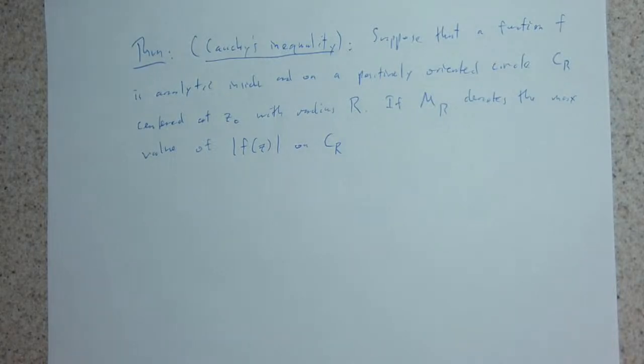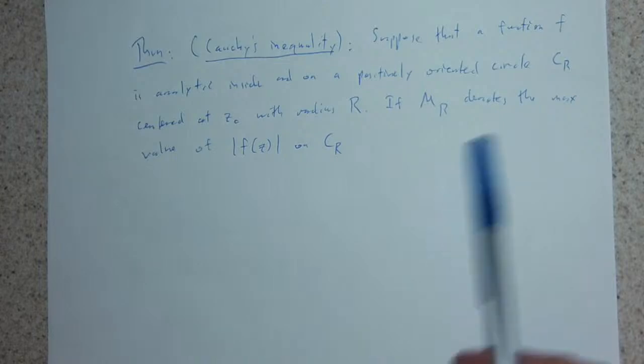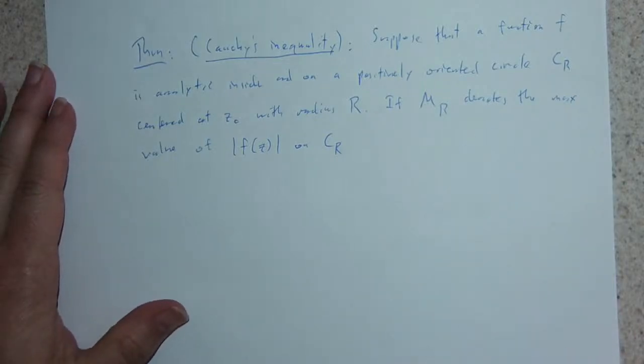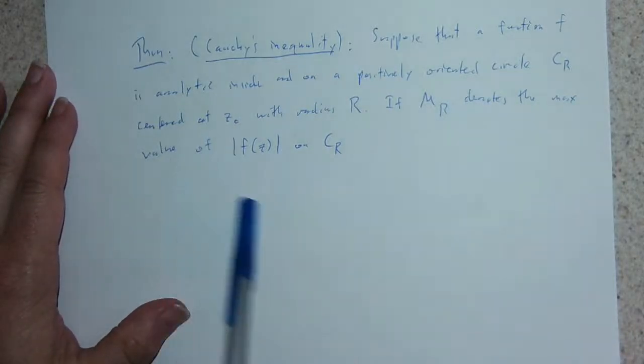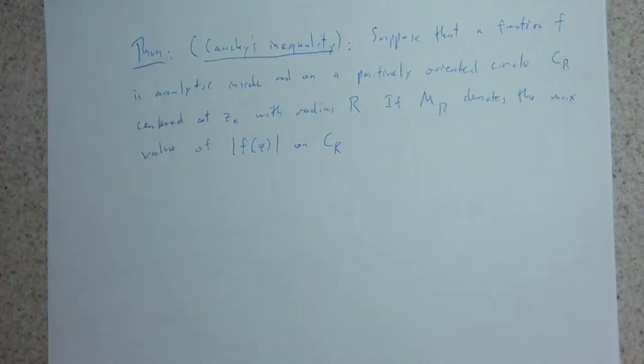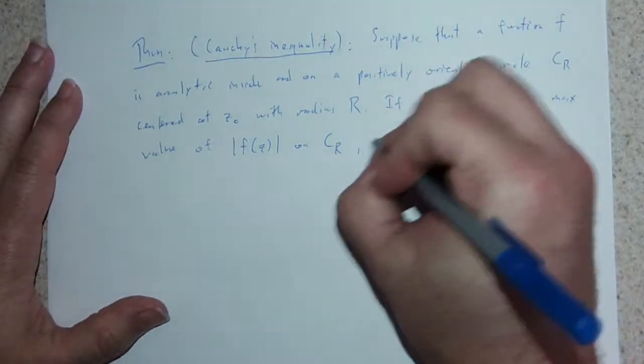I have a continuous function on a closed and bounded set, so by our version of the max-min theorem, this thing has a maximum. It actually attains that maximum on that set too. So this thing is going to exist. So if M sub r denotes the max value of the modulus of f of z on the circle, then